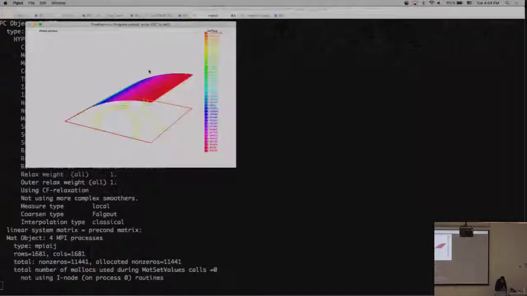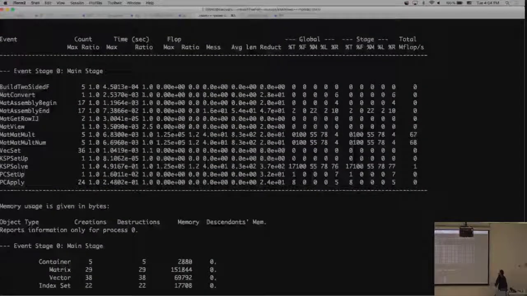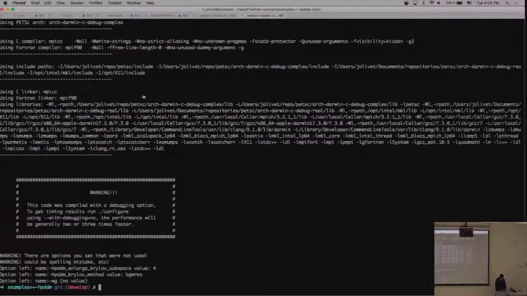So I'm solving exactly the same problem. But now, because I'm using an enlarged Krylov subspace, instead of doing MatMult, I'm doing MatMatMult. And so we can see that we have to apply the preconditioner many more times, because you cannot in Hypre call PCApply with a set of vectors. You have to apply it for each vector. So of course, this is an optimal preconditioner. It's useless to use an enlarged Krylov subspace for this kind of problem.